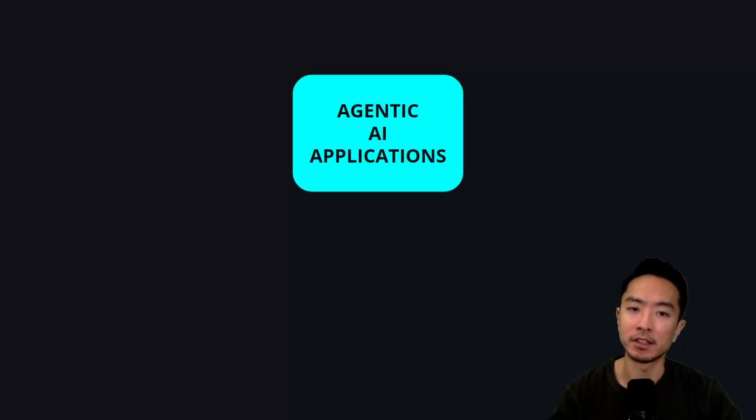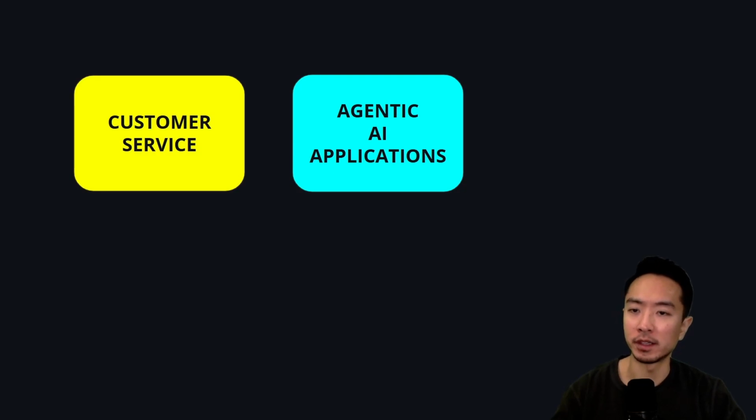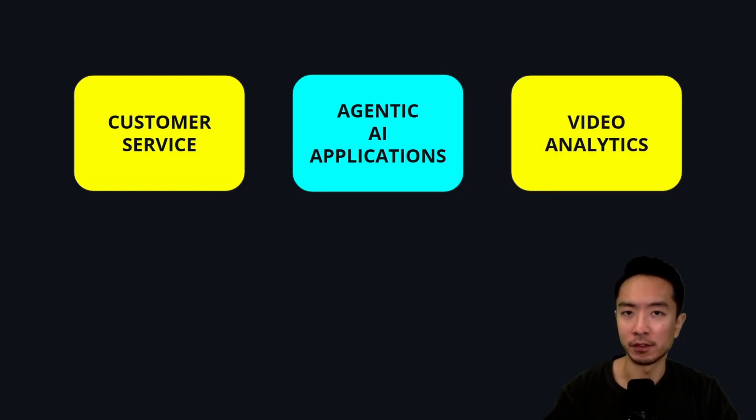So what are some applications of agentic AI? These are just going to be a few possible applications, but you can imagine the possibilities are endless. So first one is customer service. We kind of started talking about it a little bit, but the idea is you can imagine a lot of the responses you get for customer service can be fully automated. And if there's any interactions with external accounts, like for example, if you contact Wells Fargo, then they might do certain actions for you, like paying bills or any sort of tasks that you may want to automate for your business.